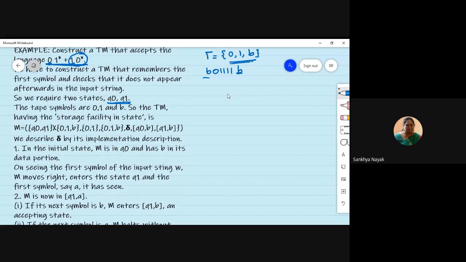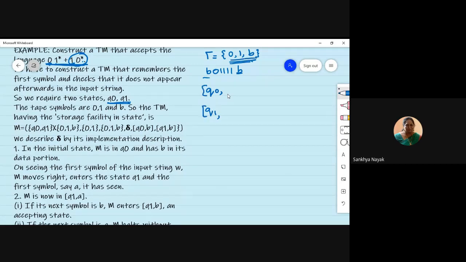So how will I write the states? What are the possible states for me in this case? I said we need only 2 states, right? 2 states in the sense that along with whatever it has seen, if I constitute a state, the number will be increased. I'll tell you what I mean. So we are solving the problem 0, 1 star or 1, 0 star. Let us say I need only Q0 and Q1. Along with that, I have to also remember what data I have seen.